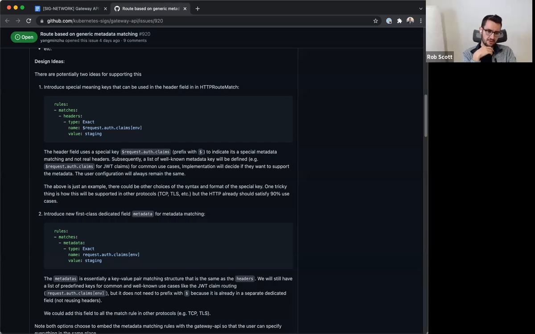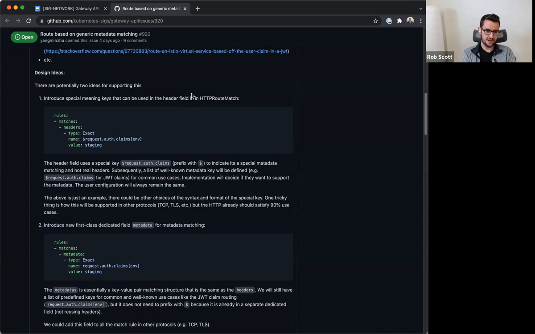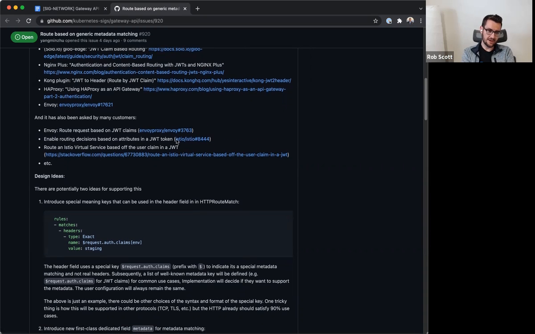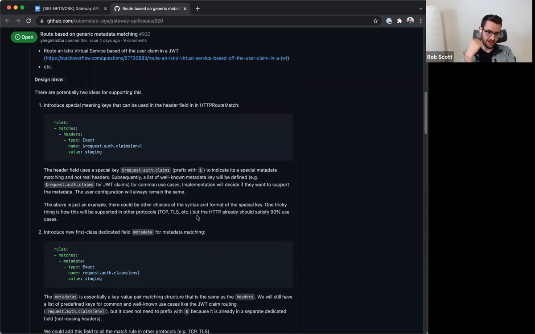Yeah, thanks for raising this. I'll hand it off if anyone has questions, but I just wanted to thank you for adding all these. Anytime I see an issue which already shows how different implementations use or support this kind of feature, it's helpful because these are obviously implementations we're trying to support, or at least be portable with. So that's really helpful.